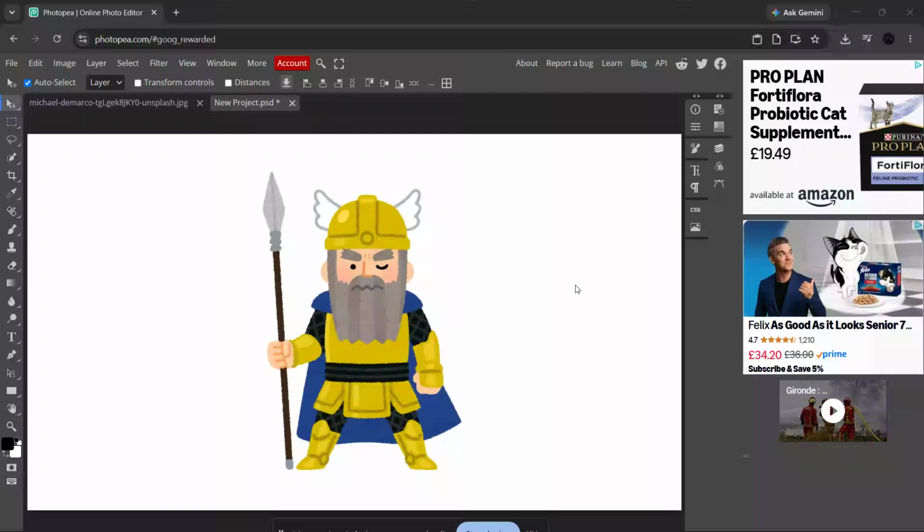In this video, I'm going to show you how to view layers in Photopea using two super simple methods. If your layers panel has disappeared, don't worry, it usually only takes a few clicks to bring it back. This is really useful if you're editing images, working with multiple objects, or just trying to get your workspace back